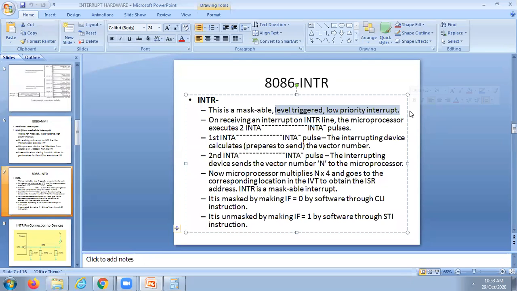Here, what is going on? If you give a signal to INTR, that means a supply voltage of 5 volts. In processors, what supply voltages are available? 5 volts and 12 volts.